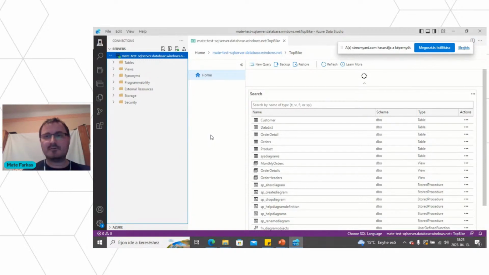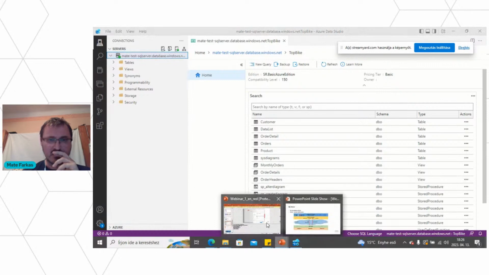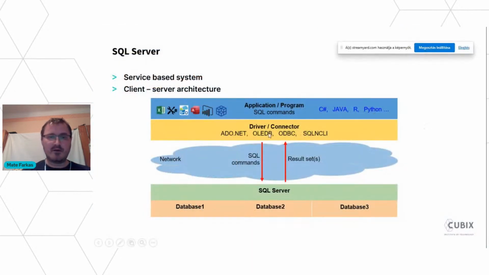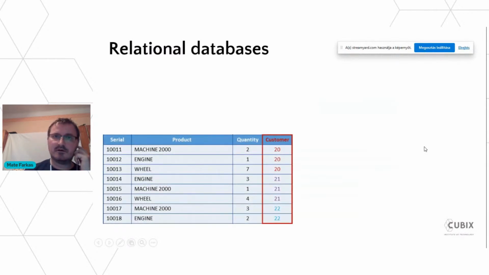Over the network, moreover, over the internet, we connected to a database served in the cloud in Azure. But it doesn't matter, it's the same as if we just connected to a local SQL Server. Okay, so now we connected to the server, but before we jump into the SQL commands, just a couple of words